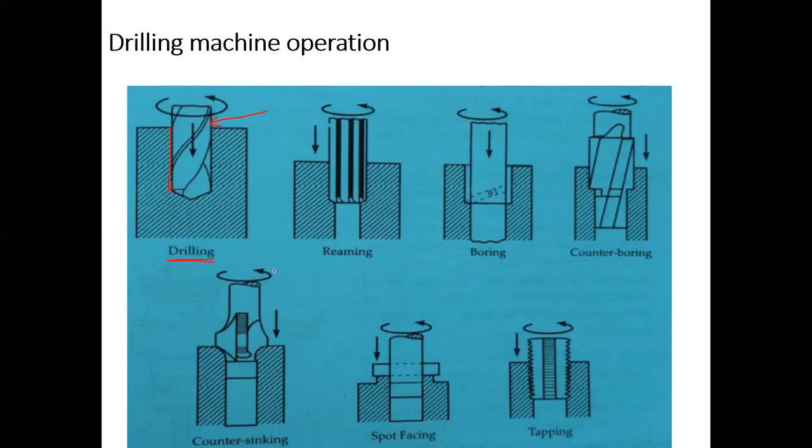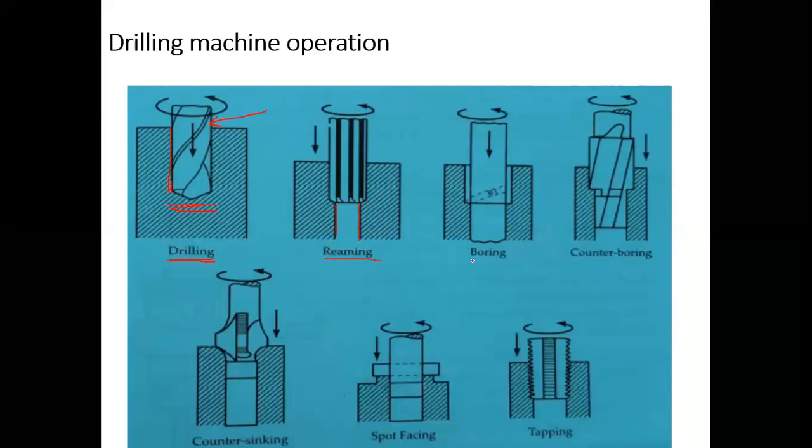In addition to drilling, there are other processes also. One of the important processes performed on the machine, and important in any workpiece, is called reaming. So what is reaming? Reaming is similar to drilling, but in reaming an existing hole is already available. Here there is no hole, you are making a fresh hole, so it's called drilling. But here there is already a hole. Reaming is nothing but finishing the hole. Maybe the hole has some chips or other irregularities, and removing those and making a smooth surface of the hole is called reaming. Remember, reaming is nothing but finishing of holes.